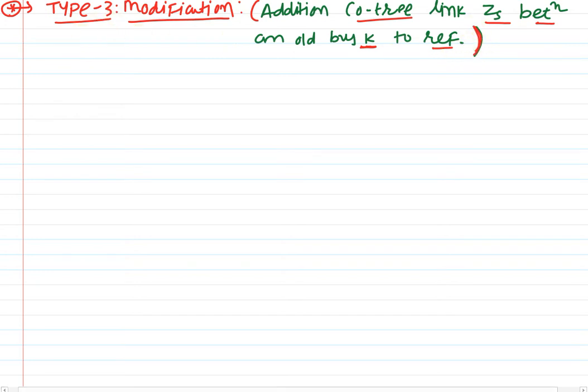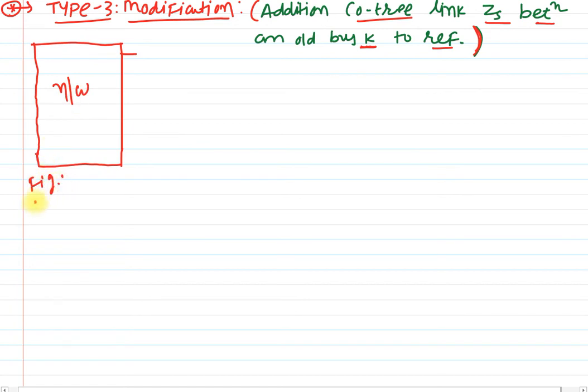Okay, so for that let us consider the system having n number of buses. Same network as we have seen earlier. Say it is figure 1.